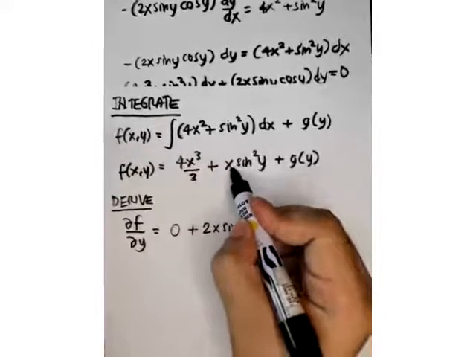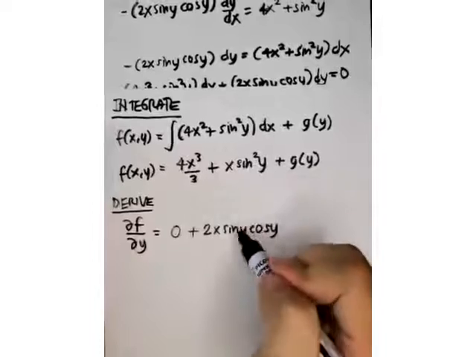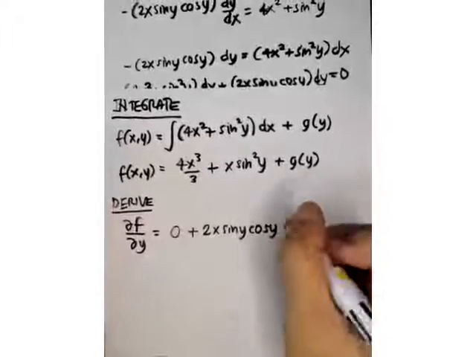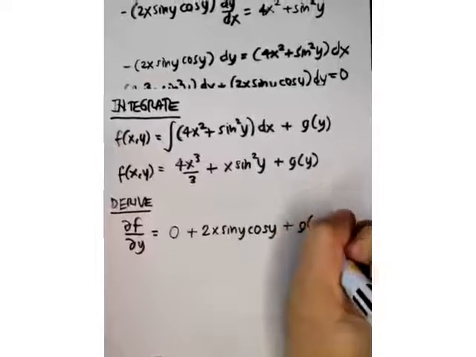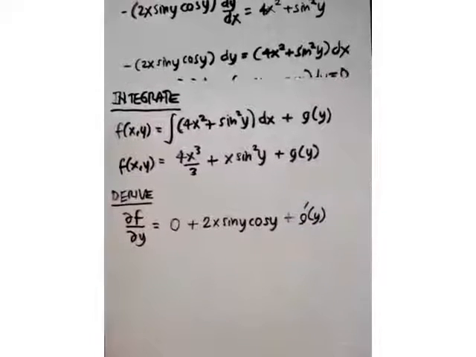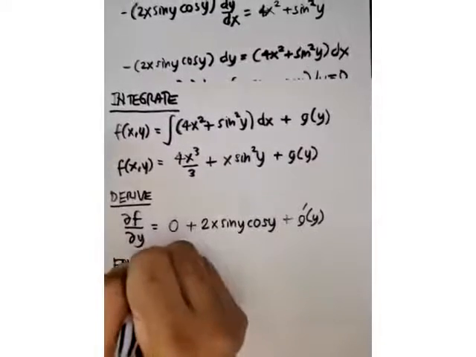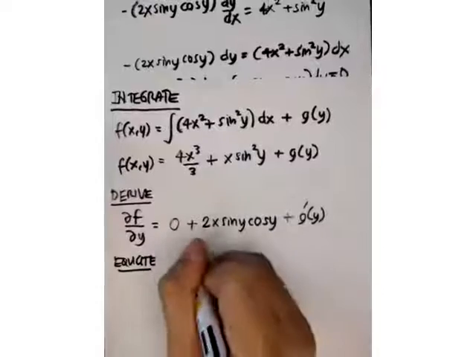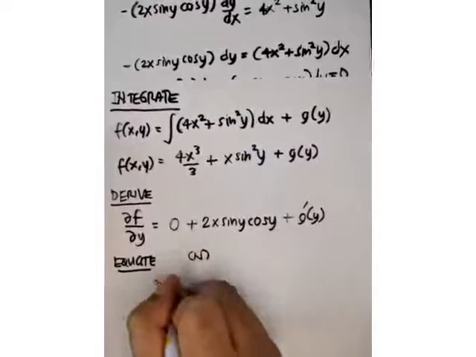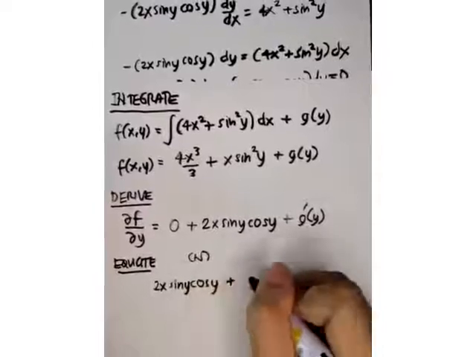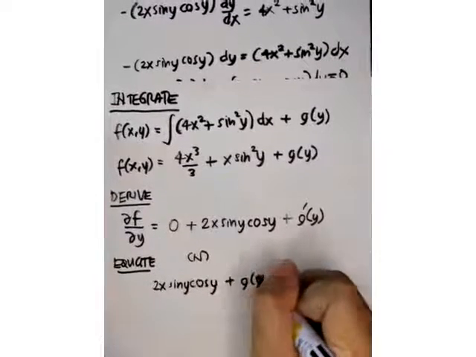Kakopy ko to, minus 1 yung power niya, and then i-derive ko siya, cosine. Ayan. Plus g of y prime. Okay, next, we equate it to n. So, equate natin siya sa n. So, 2x sine y cosine y plus g of y prime is